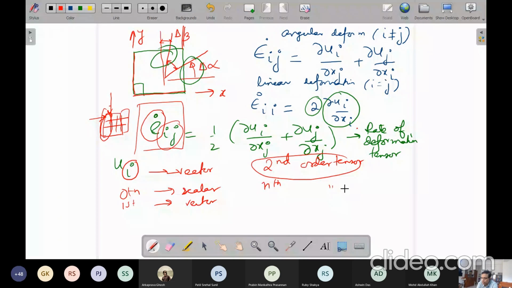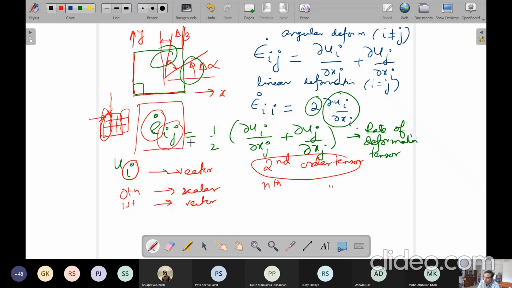We will give more examples of second order tensors, and just having 2 indices is not sufficient, because these 2 indices you are able to express only in a Cartesian framework. In a non-Cartesian framework, these kinds of indices will be gone, but you may have a different representation where these 2 indices will not directly come. So what will hallmark a second order tensor is not just 2 Cartesian indices in a Cartesian reference frame or a Cartesian description, but something a bit more mathematically robust than that, and we will come into that when we will discuss stress as a tensor, second order tensor.